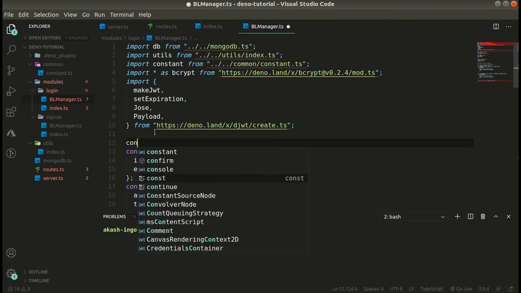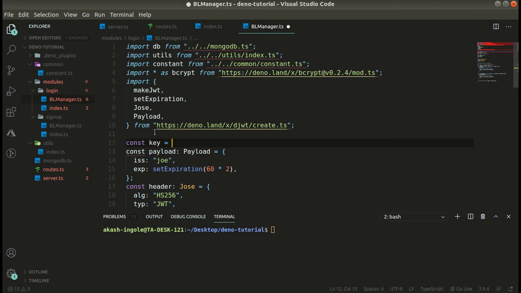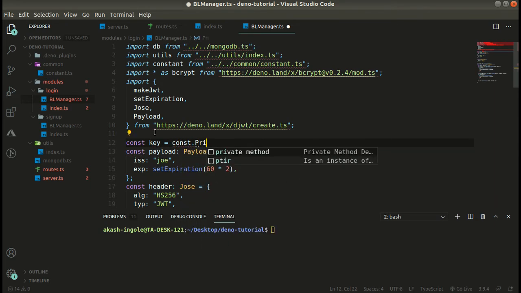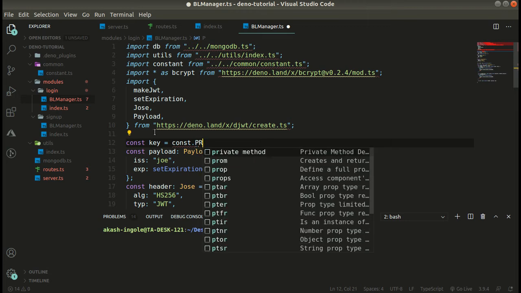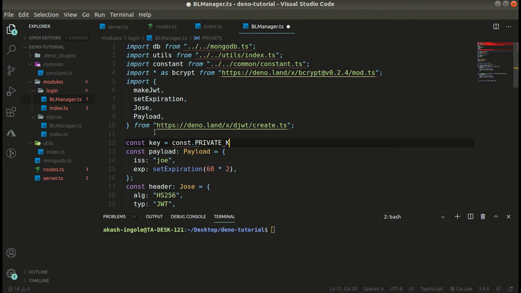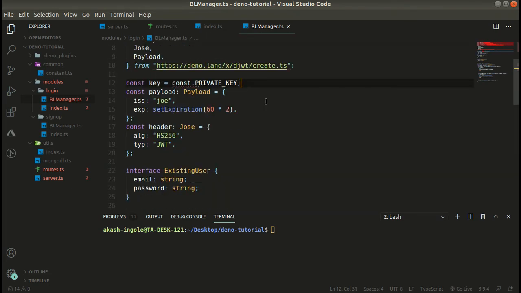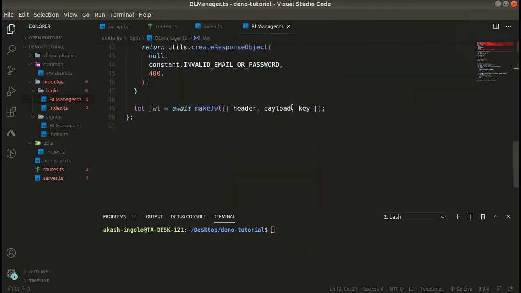Const key equals constant dot, it's not suggesting me, I don't know why, privateKey. Okay, cool. Now we have made our JWT token.